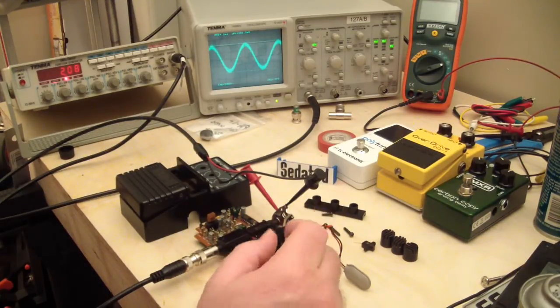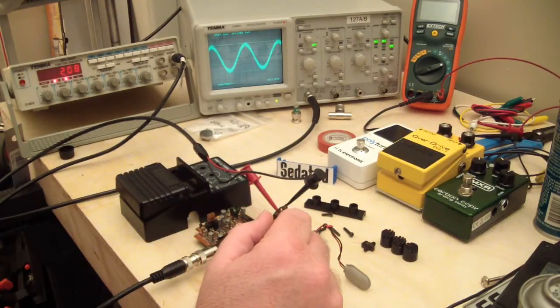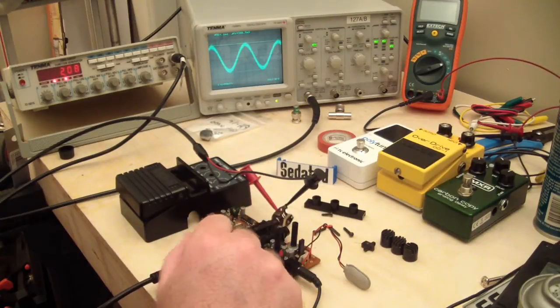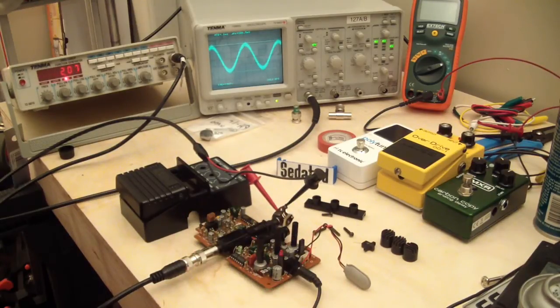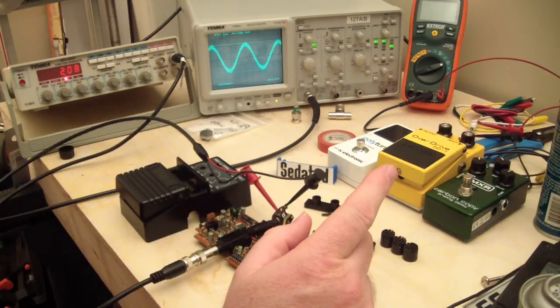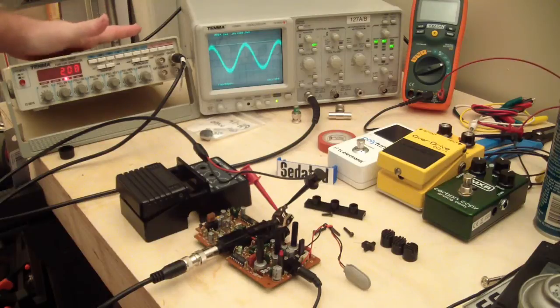I couldn't really get it to do anything else since then, so I think actually it was just the dirty tone pot. It was causing the error, because I can't seem to get it to do any kind of errors now. It seems fine. And just as one last stage here, I've got it hooked up to my function generator,